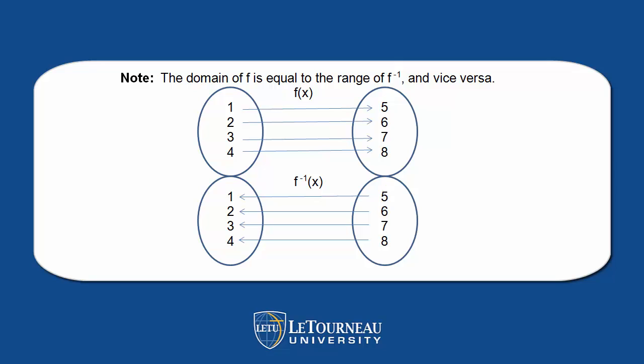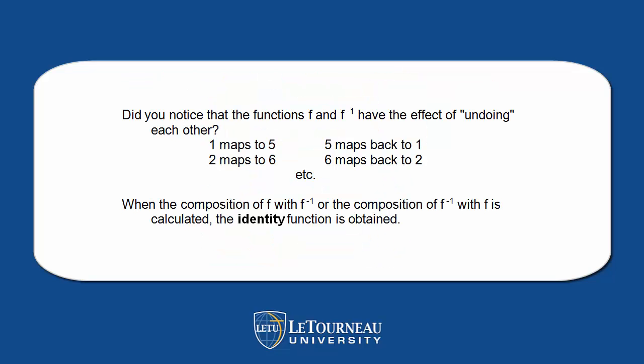F of x, read from left to right. F inverse of x, we're going to read from right to left. So that, for example, notice 1 goes to 5 and 5 is going to go back to 1. Did you notice that these functions, f and f inverse, have the effect of undoing each other? When the composition of f with f inverse or the composition of f inverse with f is calculated, the identity